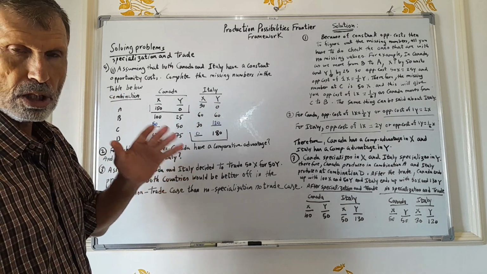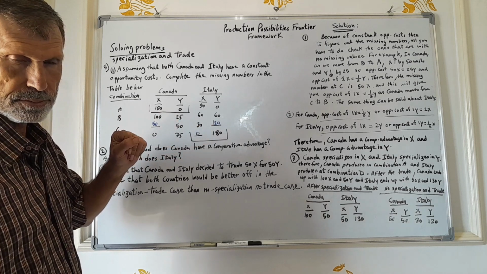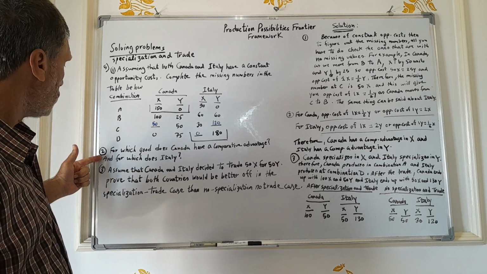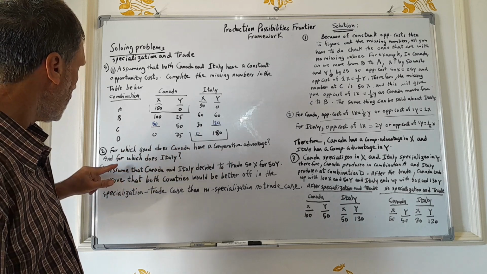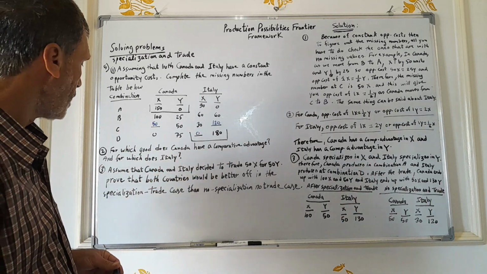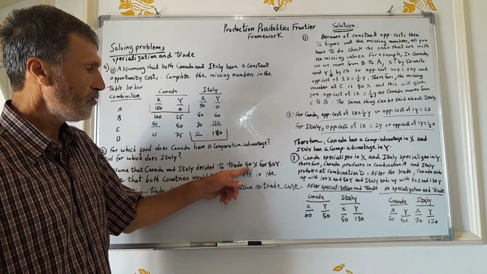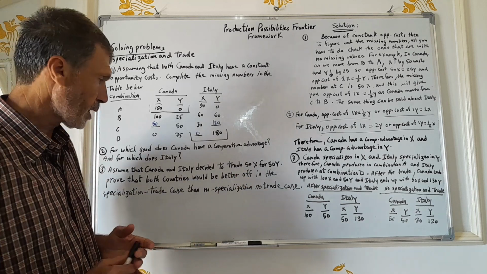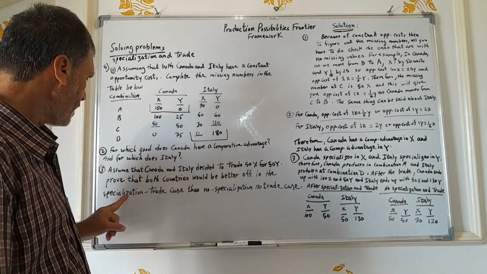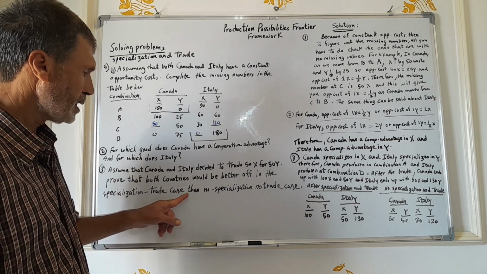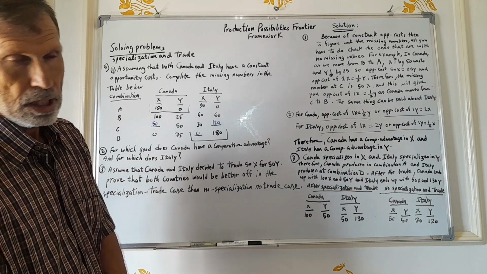The first question, complete the missing numbers here, here, and here. Now, 2, for which good does Canada have a comparative advantage, and for which does Italy? 3, assume that Canada and Italy decided to trade 50x for 50y. Okay? Prove that both countries would be better off in the specialization and trade case than in the no specialization, no trade case. Okay, first of all,